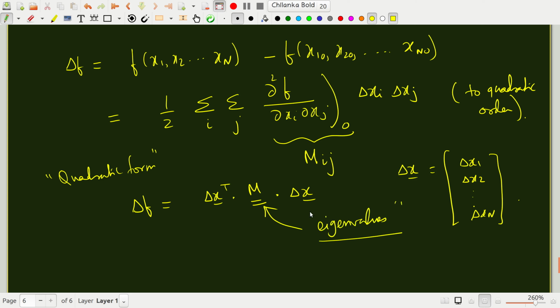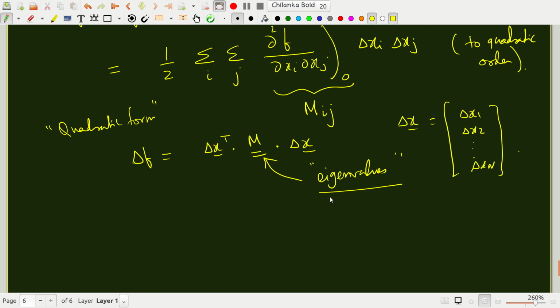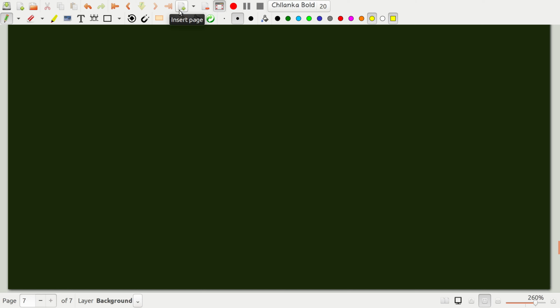You might have heard of the word eigenvalues in elementary matrix algebra. We'll come to this in a short while when we discuss linear algebra in this course, but I'm just giving this to you as a teaser: you can indeed find the maxima and minima of functions of many variables by looking at the eigenvalues of the second derivative in the Taylor expansion. That is what I will say right now, but I will of course derive this criterion in detail from basic principles of linear algebra. Now let's just do an example from thermodynamics.